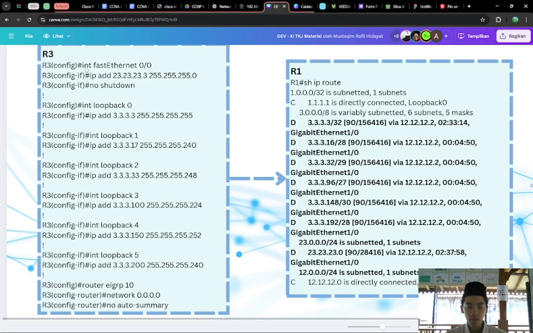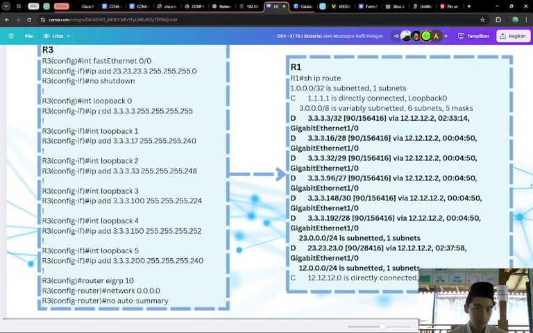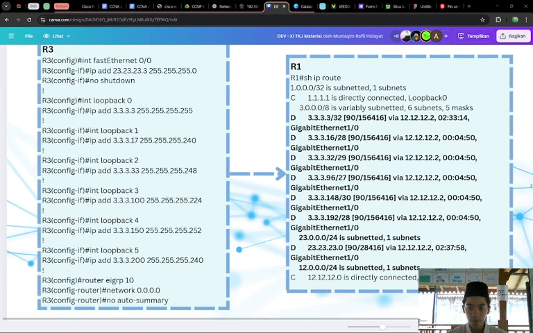And then for router 3, you can add the interface FastEthernet 0/0 and IP address 23.23.23.3, and then no shutdown to activate. And then there are interface loopbacks.